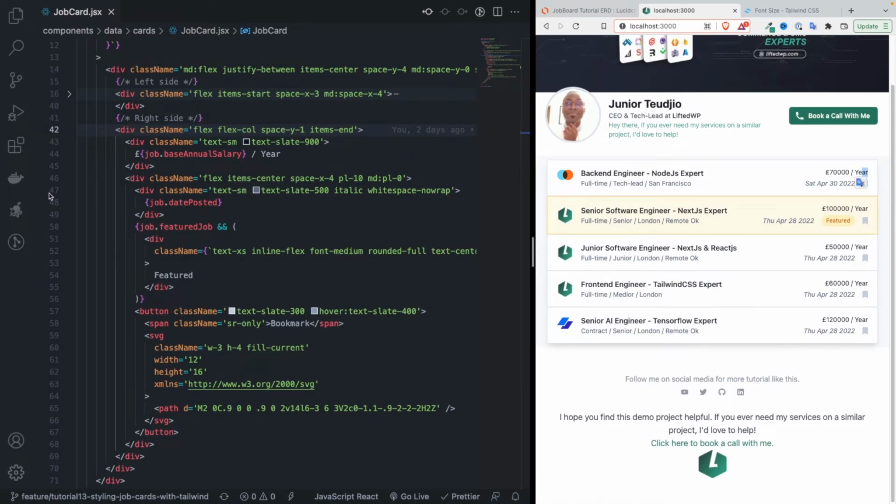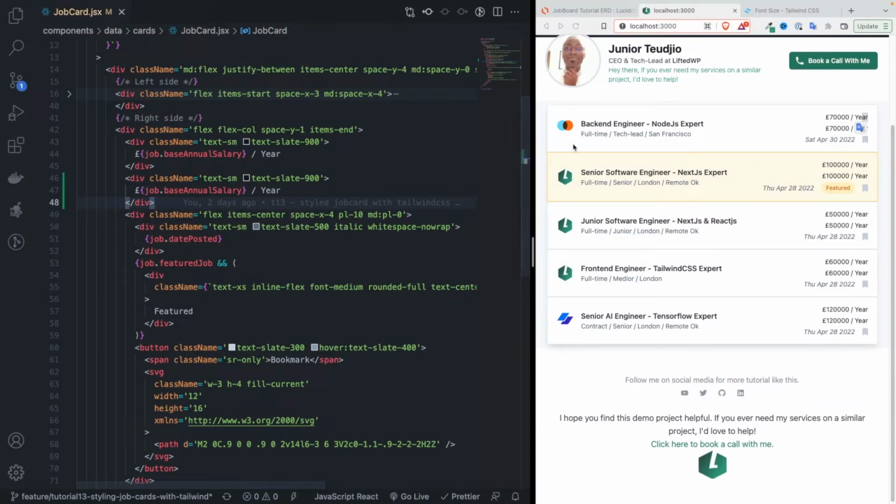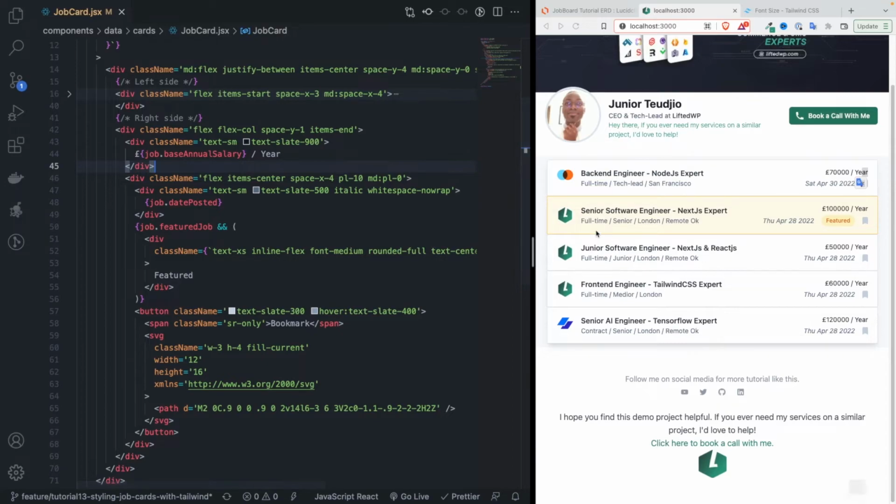So let's say I even duplicate this, okay? You're going to see that it just adds one more, right? You see, it just stacks on top, but obviously that's not what we want, so I'm going to remove that. Okay. Now the other very important thing that we're doing here is that we're saying items end. Let me say, for example, I say items start. You see the difference, right? So items end basically,